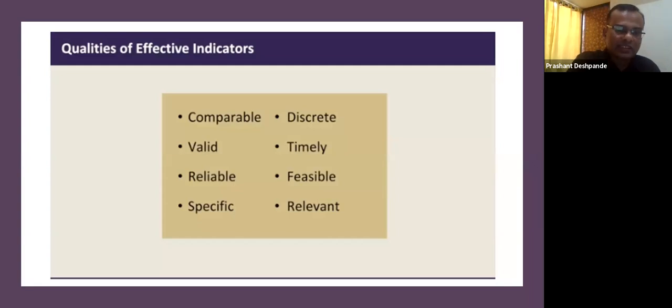Then what is discrete? What is the meaning of discrete? I'm just focusing on this because this is important from our assignment point of view. So I just want answers. You can Google also, no issues. But what is discrete? So can someone type in the chat box, what do we understand from discrete?